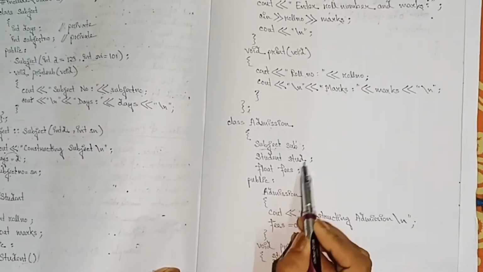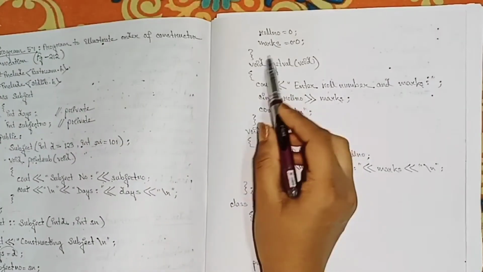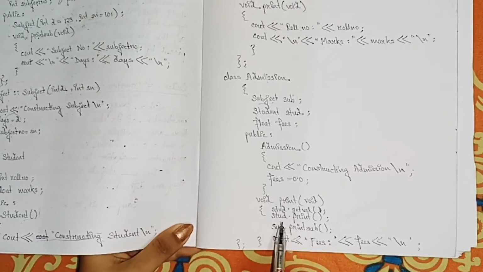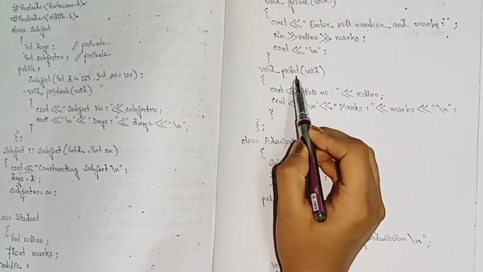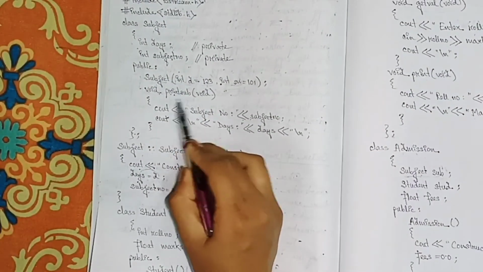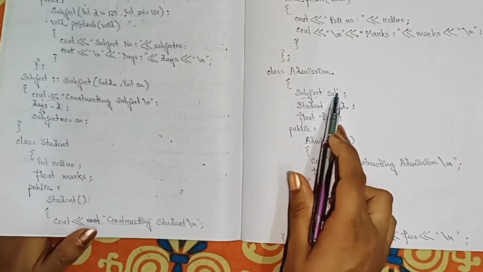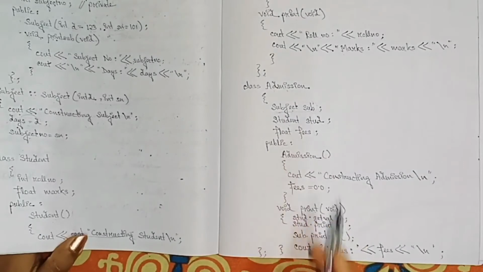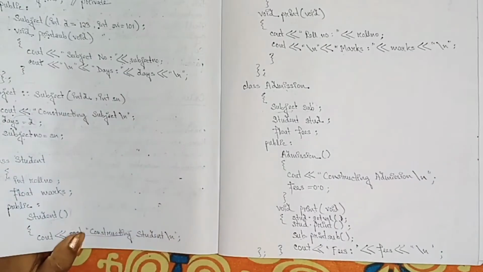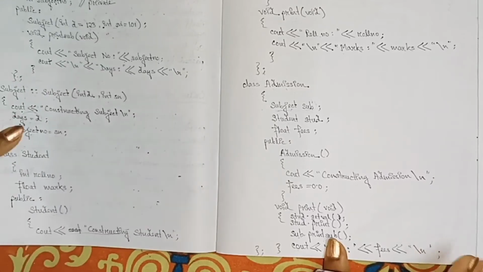the object of the class student. Now this getVal is defined under the class student, so this getVal will be invoked here. Now stud.print means it will invoke the print member function of the class student. And then sub.print sub means it will invoke the print subject we have defined in our subject class. You see, we have created the object in the subject class, so that's why sub.print sub will invoke print subject from the class subject. Okay, and then it will output the fees.